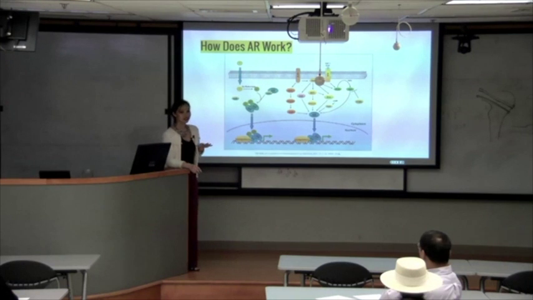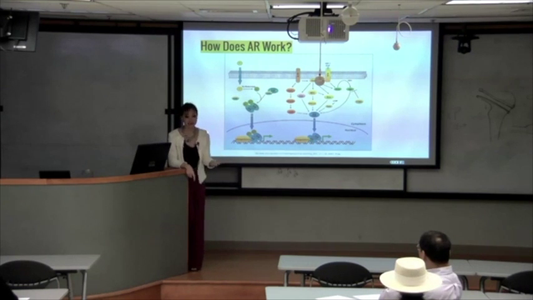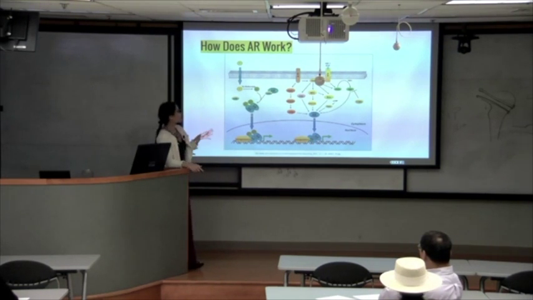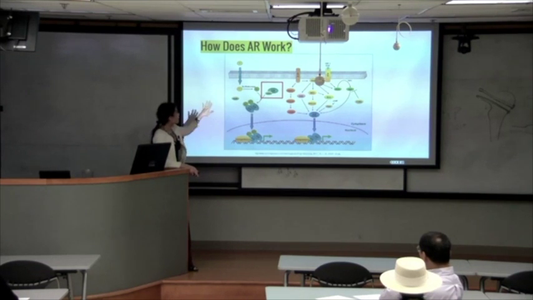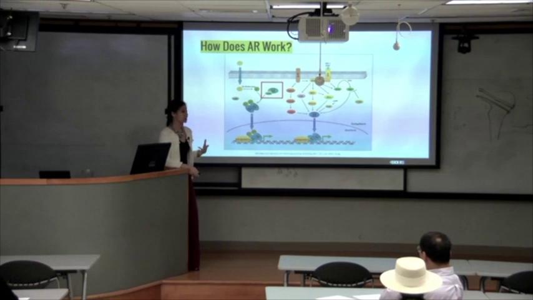Now that we understand the structural aspects of the androgen receptor, how does it work? What does it do? What is its function? The androgen receptor is responsible for regulating gene expression. And how it does that is normally it is located here in the cytoplasm, associated with heat shock proteins, or HSP, when unbound. And upon binding of androgens, or hormones, such as dihydrotestosterone or testosterone,